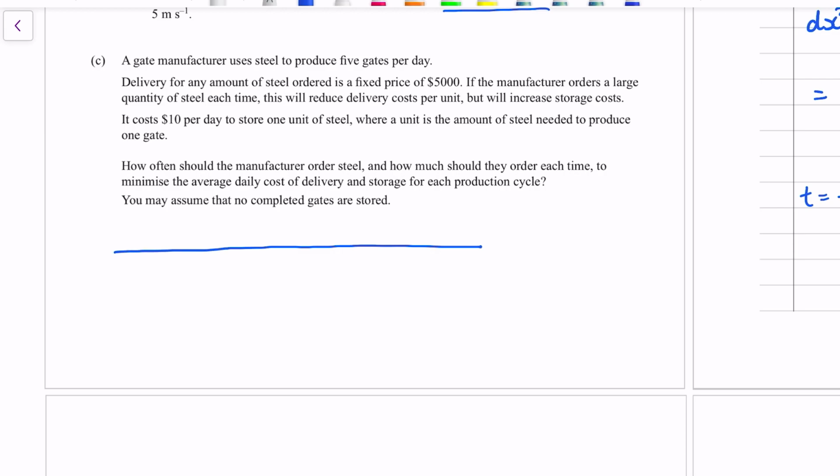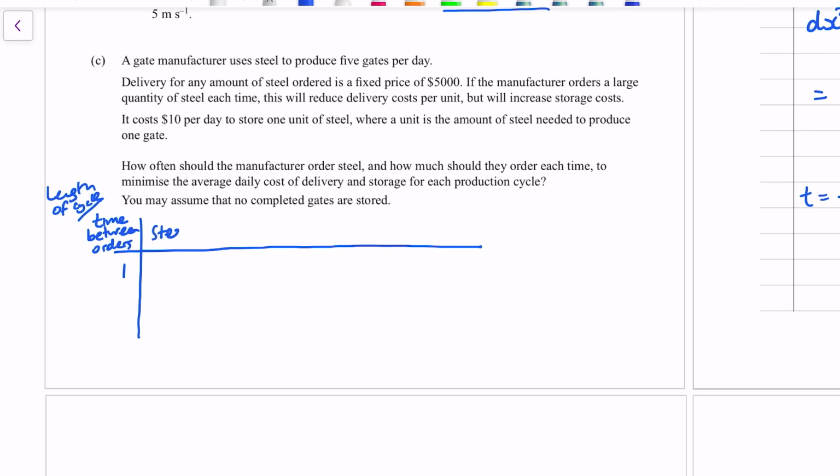Actually, it was a slightly bigger table than that. And the first thing I considered was time between orders. Another way of thinking about that is the length of the production cycle. Length of cycle. So if they order steel every single day, then they would need to order